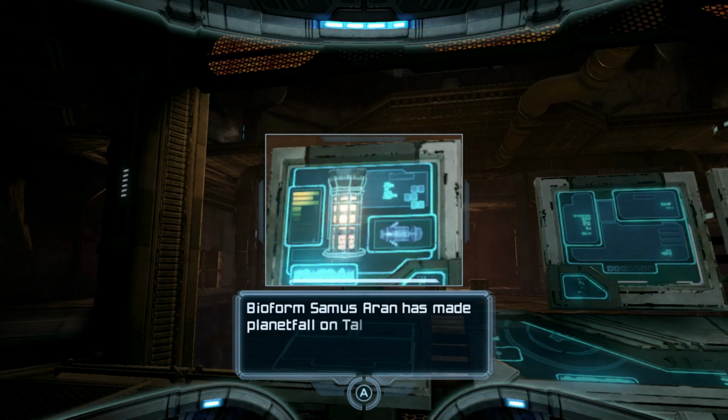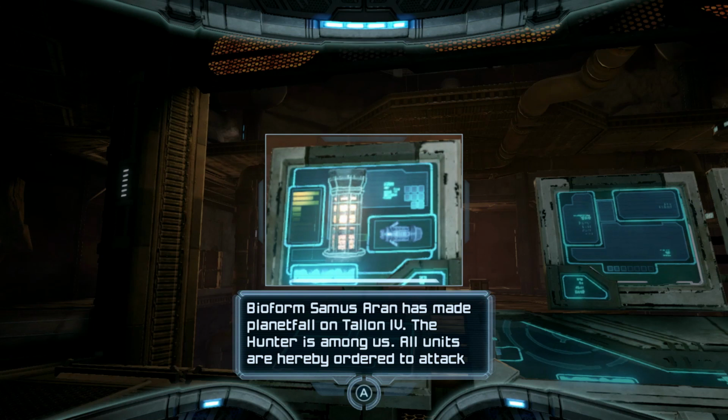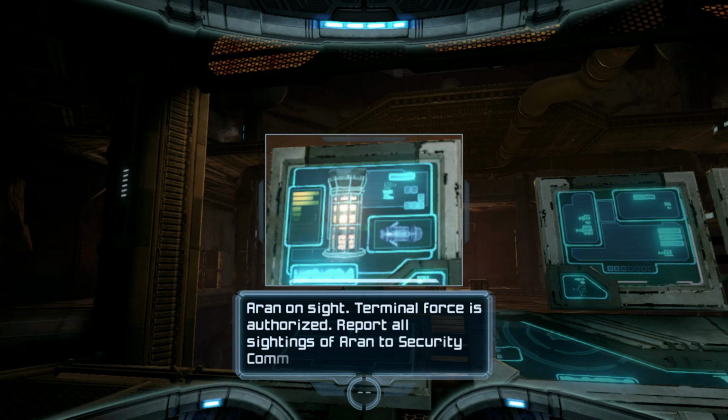Security locked in all stations. Bio from Samus Aran made it the planet fall in Talon V. The hunters among us. All units are hereby ordered to attack. Aran on site. Terminal forces are authorized. Report all sightings of Aran to